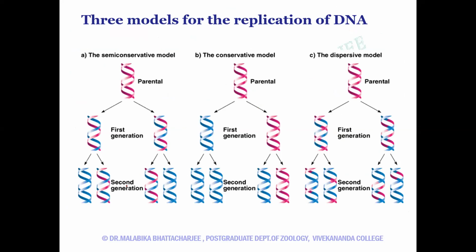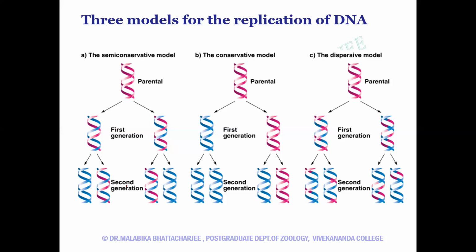Now coming to, once Francis Crick established the fact in 1956 that information moves from DNA to RNA to protein, automatically the question came that DNA is synthesized on itself. It was hypothetically proposed by Watson and Crick that DNA follows the semi-conservative model. However, the proof for this model, that indeed the DNA follows the semi-conservative model of replication, came from the work